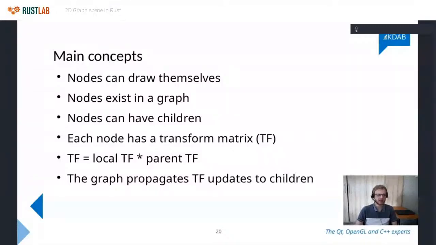The implication of that is that by having children, you are able to compose individual nodes into components. Let's say you've got your parent node in a button, and it's got subnodes which are like text or maybe the border or whatever. Then what you want is that whenever you apply a transform to the parent node, and a transform here is something like translation or scaling or opacity or whatever, you want that to automatically be applied to its child nodes as well, so that it looks like they are one thing. That's very important for composition.